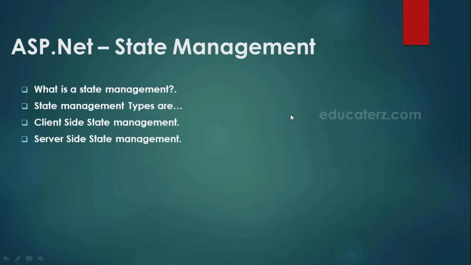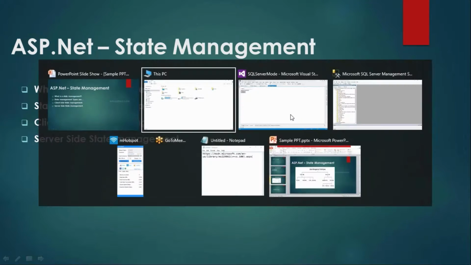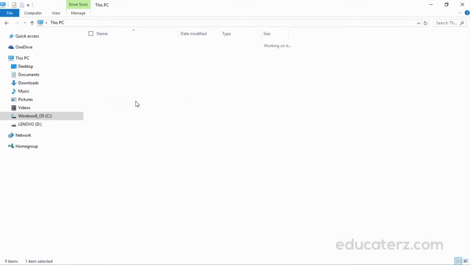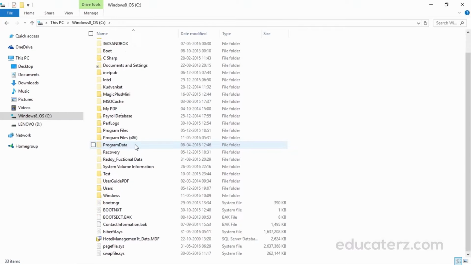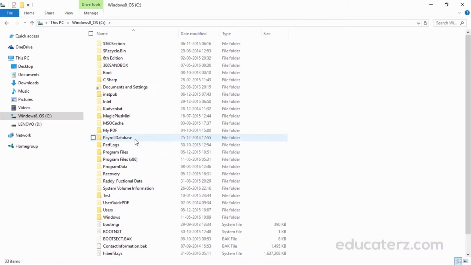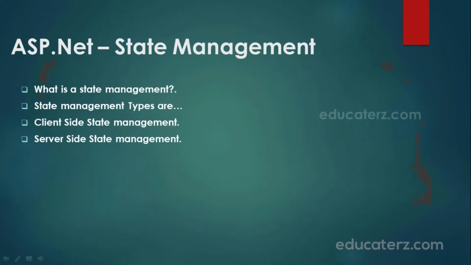So let us open the C drive. We want to find where our Visual Studio got installed.